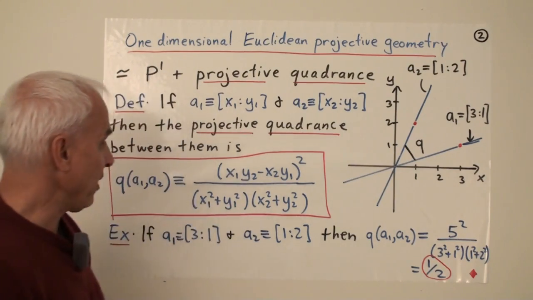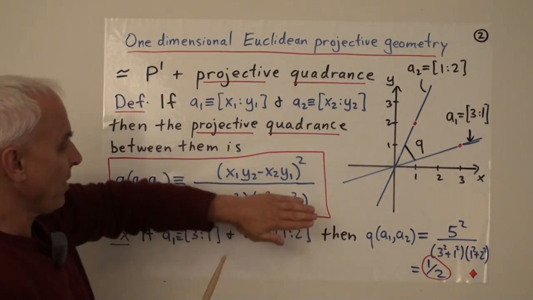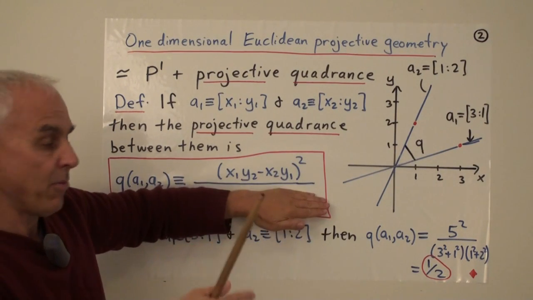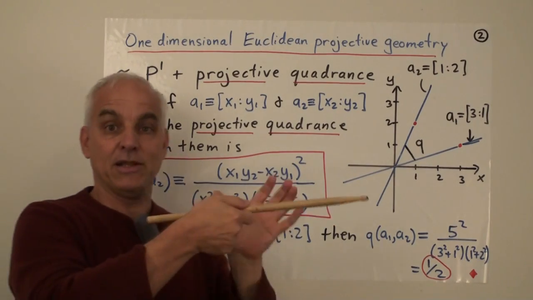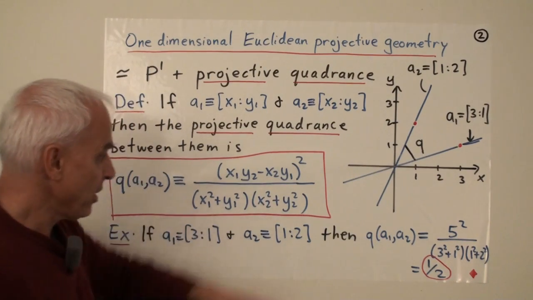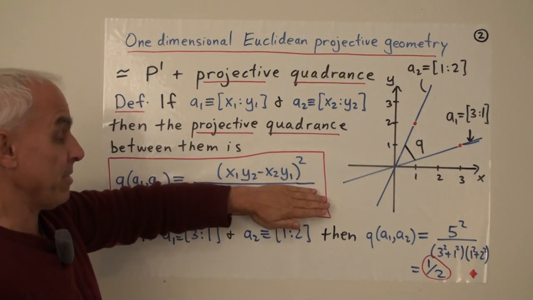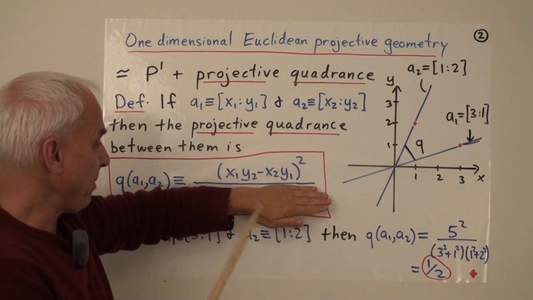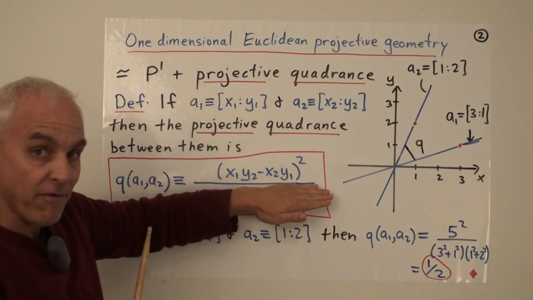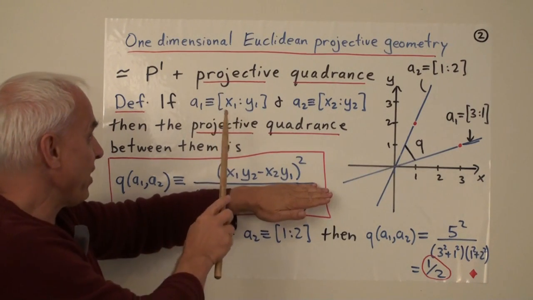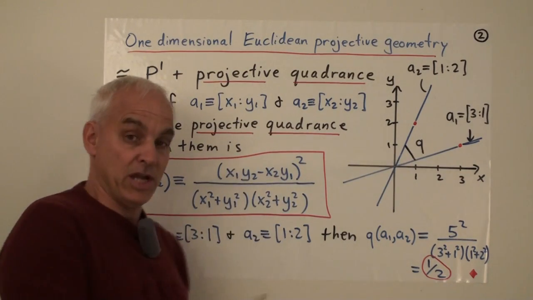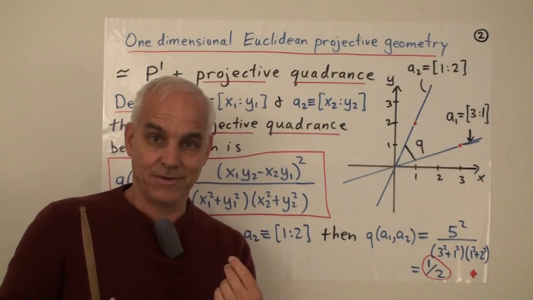So a natural thing that you might think of is, why don't we just define the quadrance to be what I just said, and we'll square it so that it's symmetric. That would be exactly the same kind of thing as we did in the affine case. We took the difference and then we squared it to make it symmetric. So why don't we do that? That'd be the most natural thing to do. We don't do that because it's not well defined. Because if you multiply this proportion, say, by 5, multiply x1 and y1 by 5, then the proportion itself doesn't change. But this quantity will change. It'll change by a factor of 5 squared.